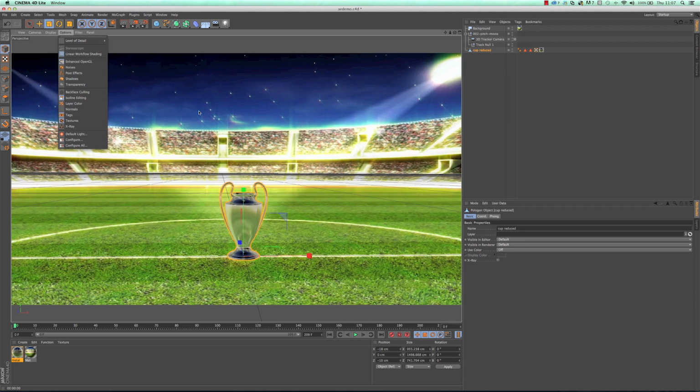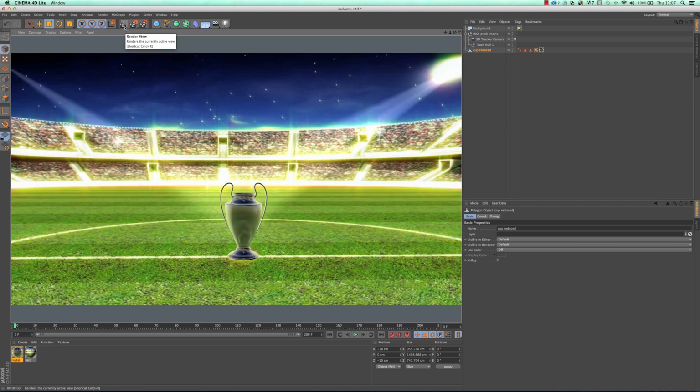Okay, so the other thing that I want to do here is, of course, when we render this scene, there are no shadows, and this is a typical thing. Some people are going, well, I can kind of get it matched, so there's a cup on the pitch, but there's no shadows, so it doesn't look quite right. So how can you simulate those shadows if we've only got a flat movie? How on earth can we solve that? Well, there are a variety of different ways of doing it. I'm going to show you my solution to it.